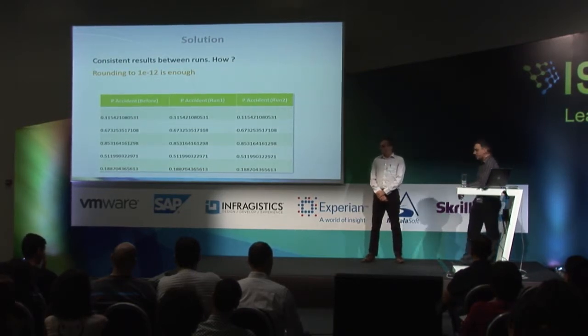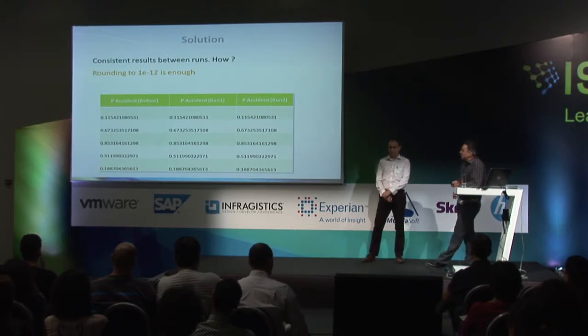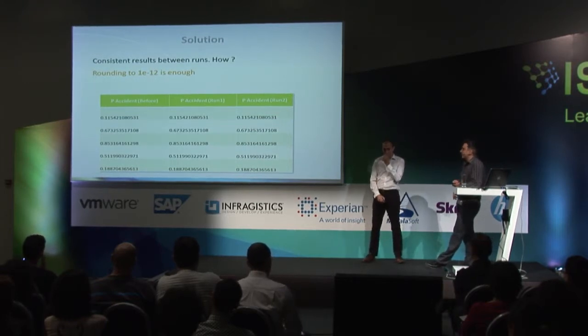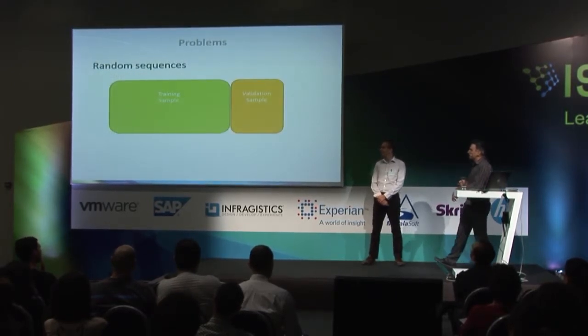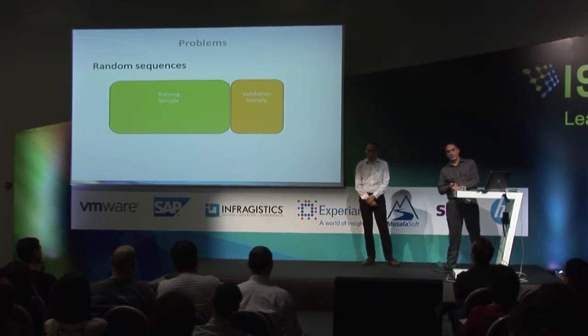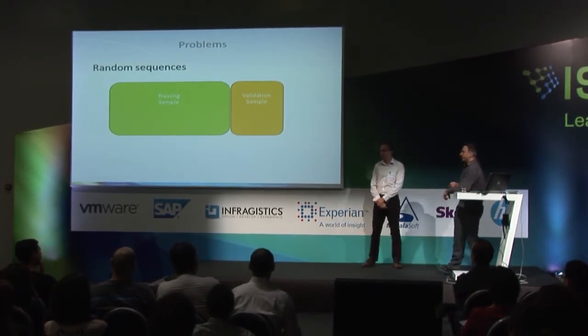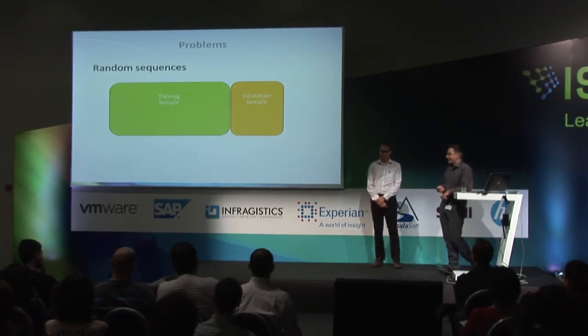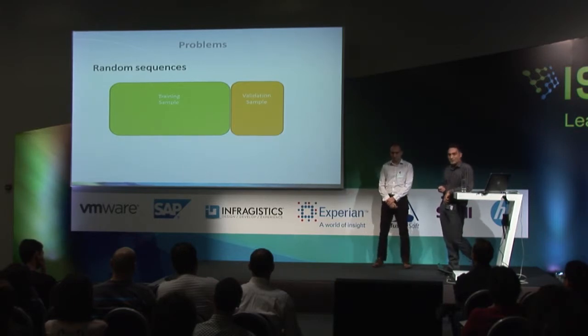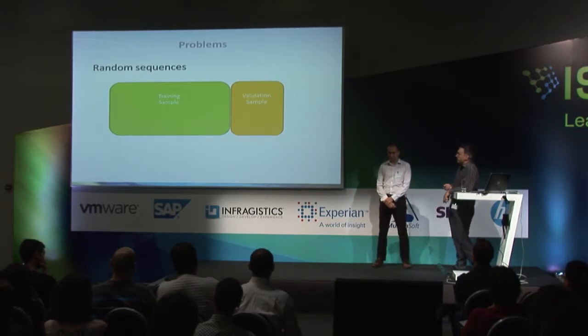So having accepted this defeat from a QA point of view, and having modified the test cases to pass, we then stumbled across another problem. It was related to random sequences, and not a lot of people understand random sequences and why they're random and why they're not so random, and why they would have to get the same sequence every time you produce a sequence with the same ID.